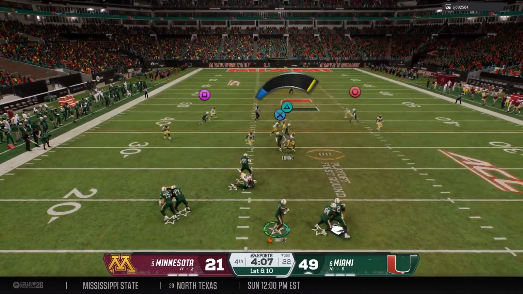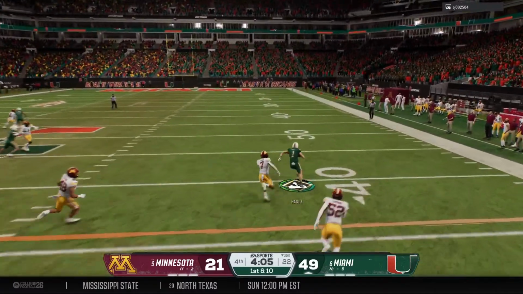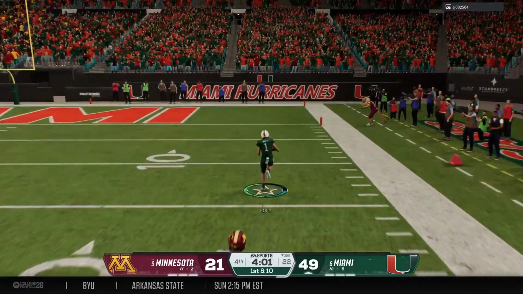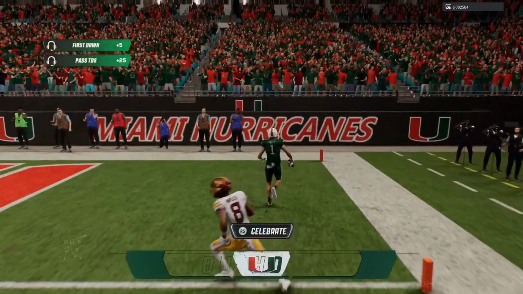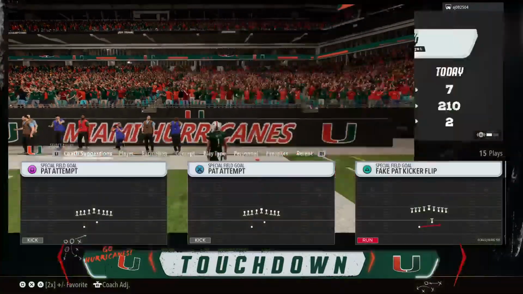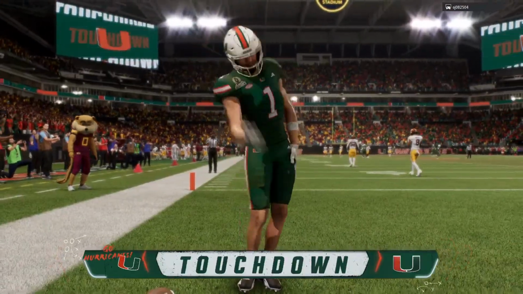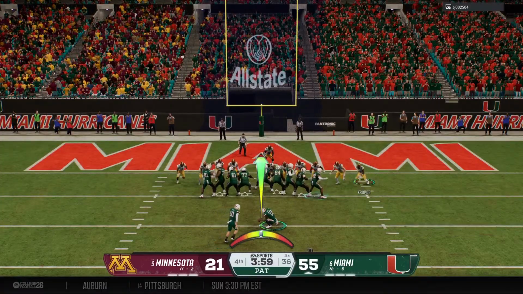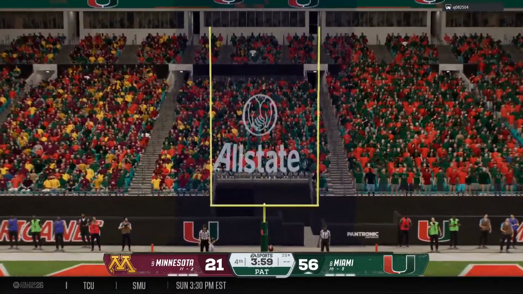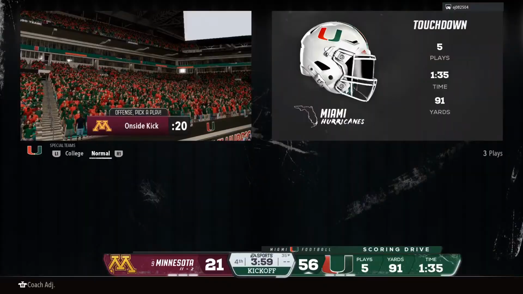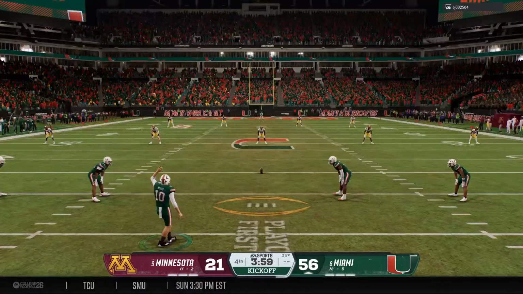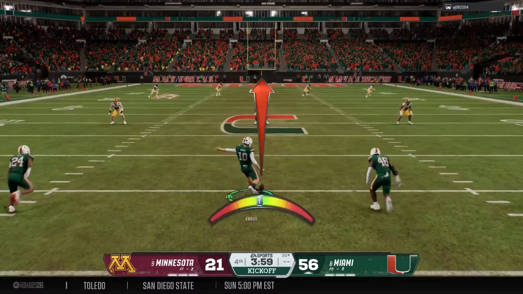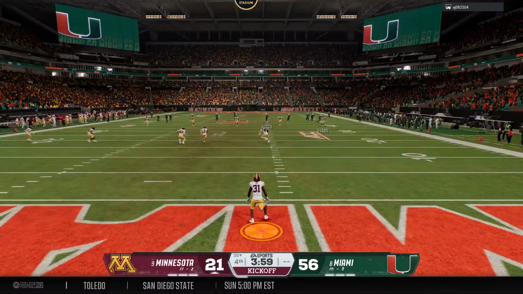On 1st down, it's play action. Receiver makes the catch. He's in the clear. Past the 20. Touchdown, Miami. They were not going to catch him that time. That's another touchdown for these guys. Man, they have had a day that you dream about, whether it's the quarterback, the running back, the receivers, the offensive line. The entire unit has been dominant. Automatic on the PAT. Miami 56, Minnesota 21.